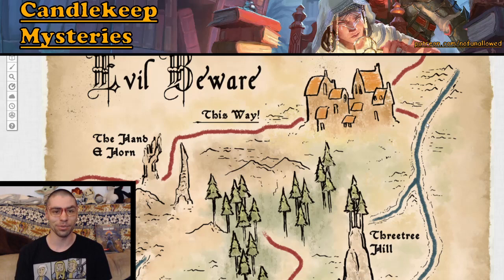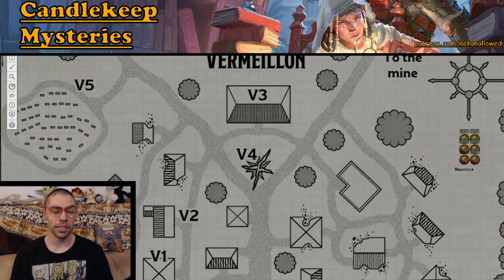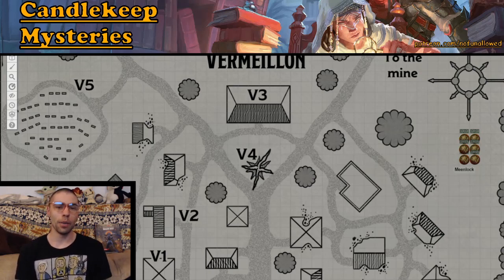Pretty awesome stuff. In our fourth adventure, A Deep and Creeping Darkness, your players look around for a town that went missing ages ago, and there they'll discover that the inhabitants of this place didn't just disappear out of thin air. They were in fact stolen away by evil meanlocks. And of course, this place is super creepy. Your players can eventually put an end to these meanlock aggressions and confront them in a cave nearby.